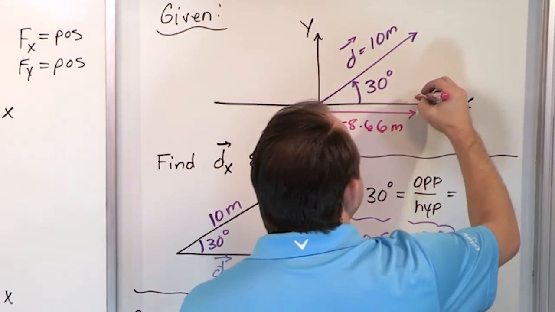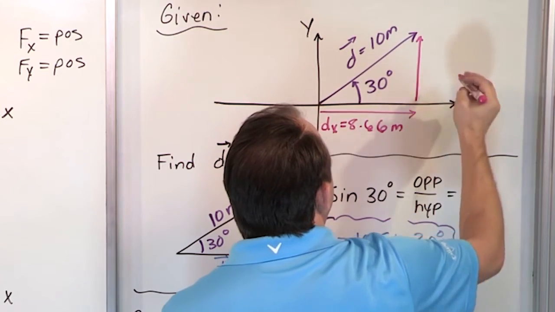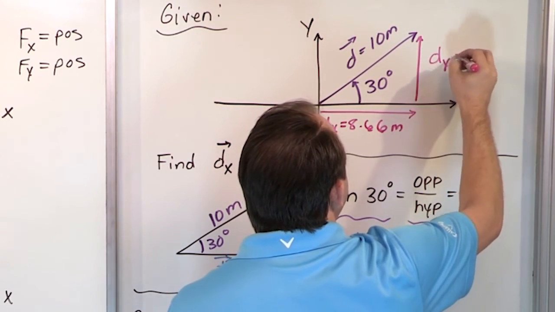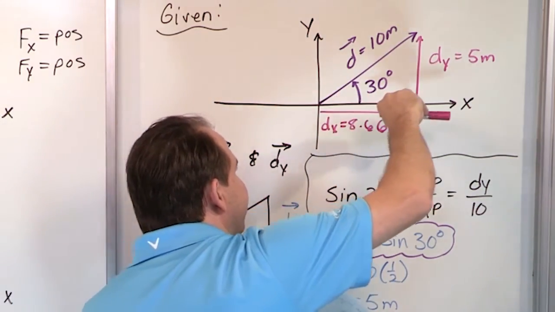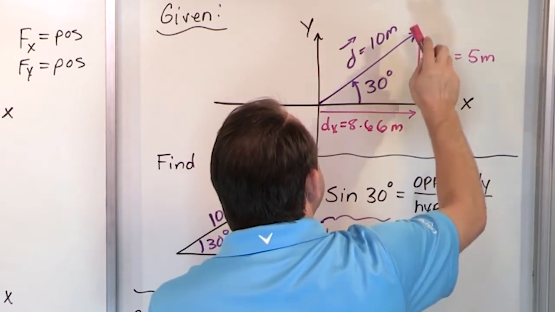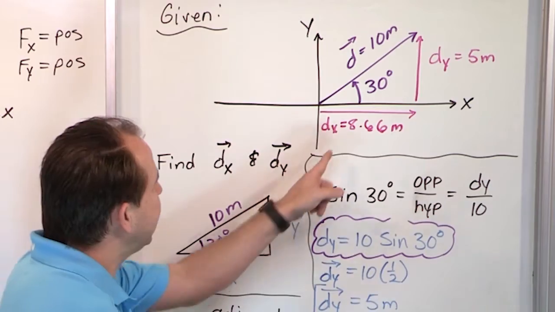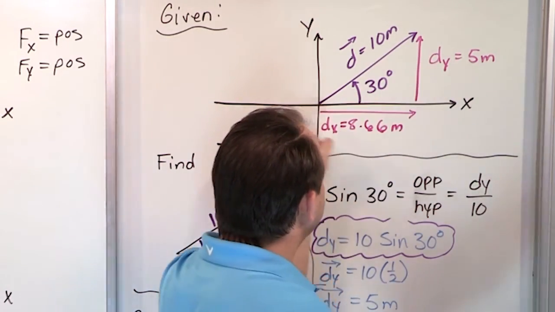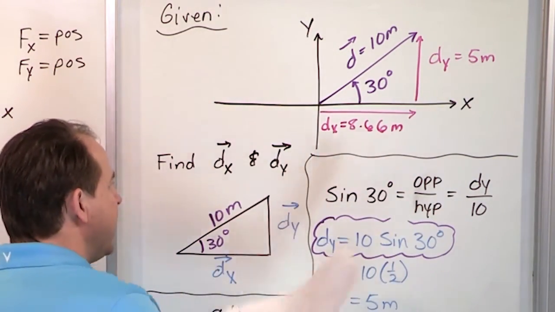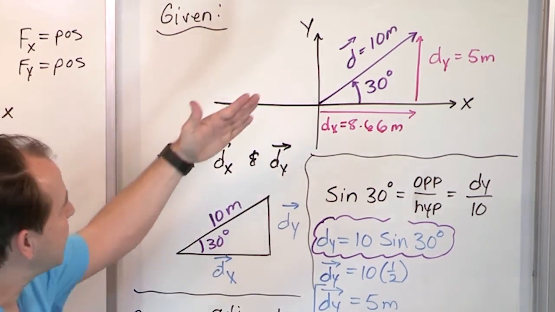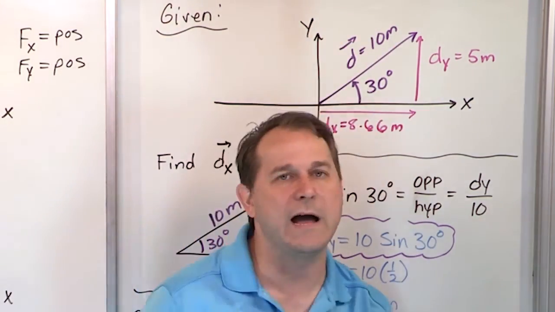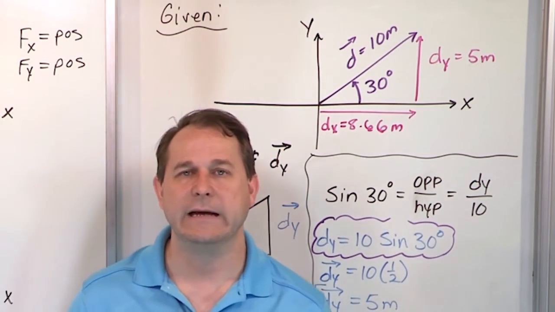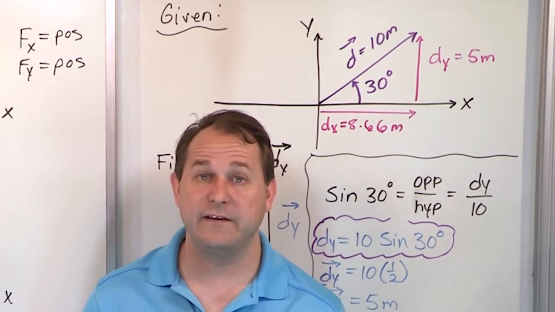Okay? And then walk up a distance dy of 5 meters. And if you walk 8.66 meters in the x direction and then 5 meters in the y direction, you will get to the exact same point. Again, it took two numbers to get there because it's a two-dimensional vector, but that's basically what it is. So we've taken our vector and we've split it into how much exists along x and how much exists along y. And for now, you're just going to have to believe me that that actually makes solving physics problems easier